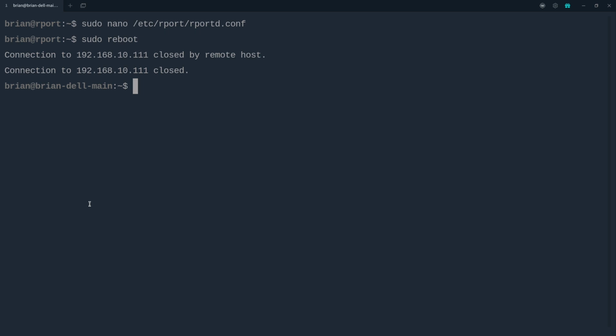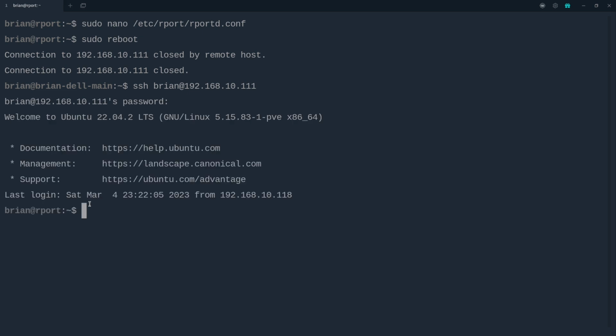Luckily with an LXC container, reboots take about 15-20 seconds total. I mean, it's just incredibly fast. We can probably SSH back in here pretty quick. So we're just going to hit SSH, just hit the up arrow if that's the last thing you did from the machine you're on. There it is, it's already ready for the password. And we are back in, so everything's running, should be good. So now we're going to jump back